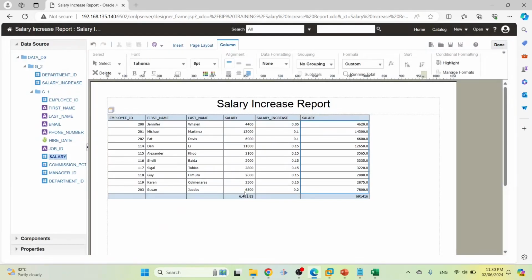Okay. Now it gave me the summation. For example, 4,400 plus 4,400 multiply 0.05 is equal to 4,620. Okay, great. Now, if I want to return, for example, the maximum salary, the minimum salary, the average salary,